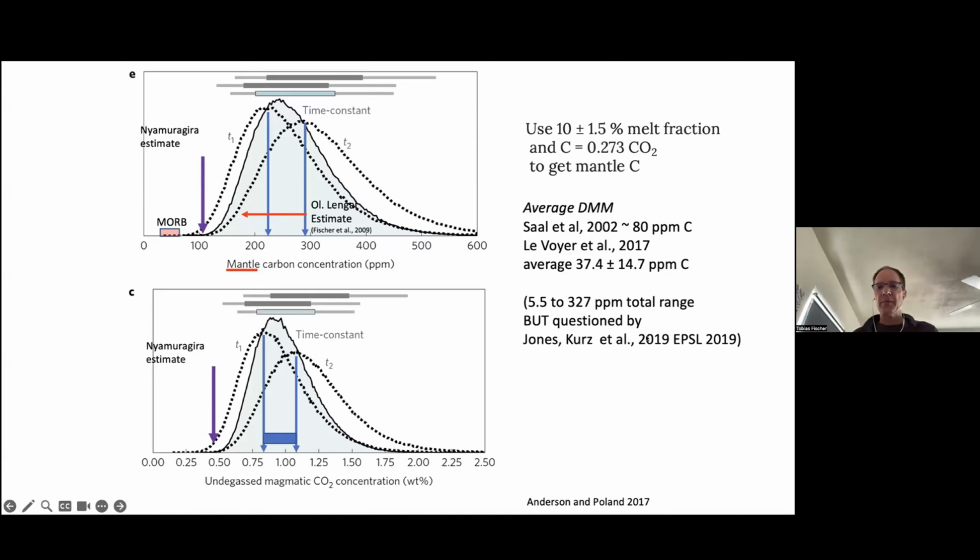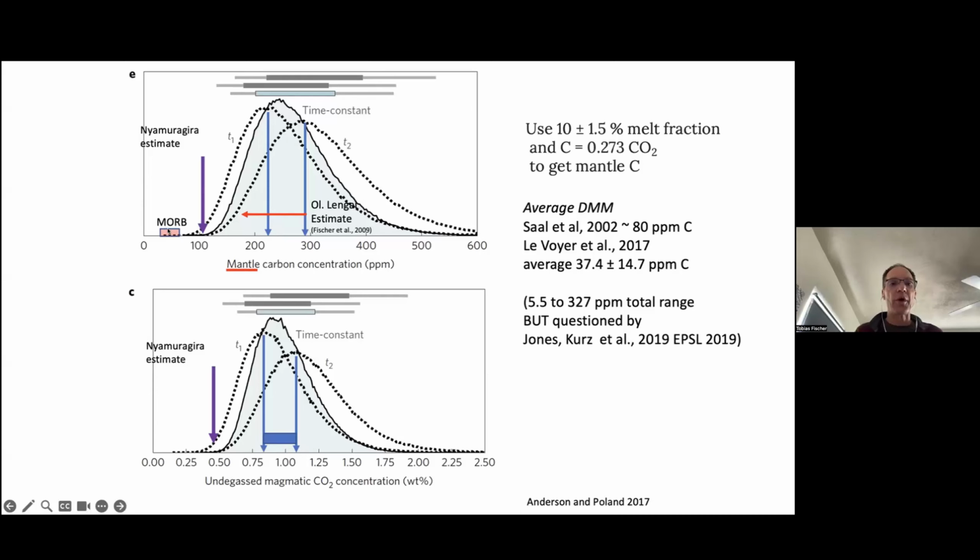And you may remember that, or maybe you don't, and it's not important, but I just point this out: in the 2009 paper, we said that Oldonyo Lengai has a similar CO2 concentration as MORB. And we based that on a very similar calculation, and the result obviously was the same. But the thing is